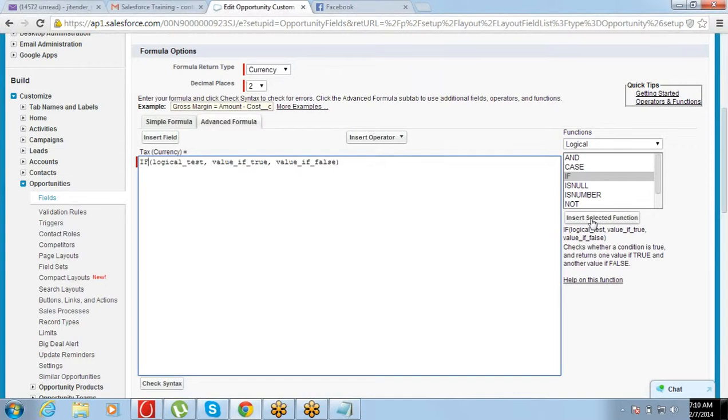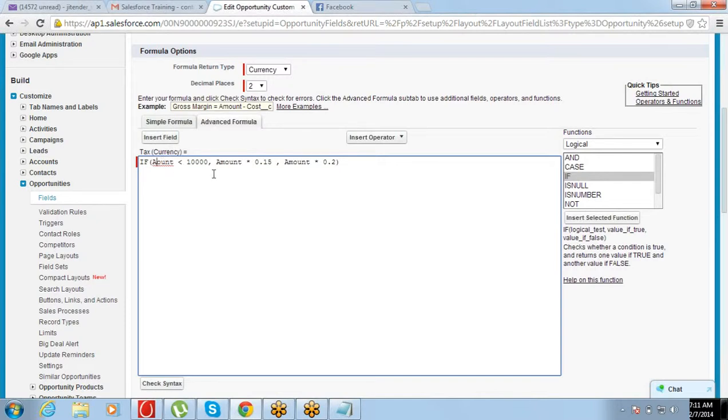And the if logic: if amount less than 10,000, then it should be 15%, right? Else it should be 20%. That is it.